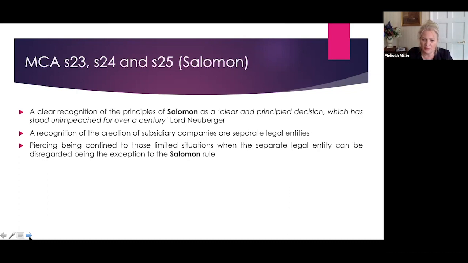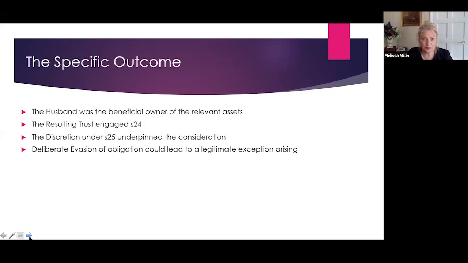The ownership of the companies was very difficult to establish, and it was so puzzling that the judges found it very difficult to make findings. There were huge complexities because of the husband's lifestyle, and his expenditure didn't in any way reflect what was happening in the circumstances. But the drive of the inquiry into what was happening was really brought about by, again, the power of Section 25. If we can move on to the next slide, please, Joe.